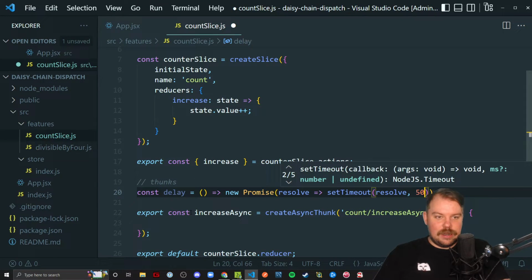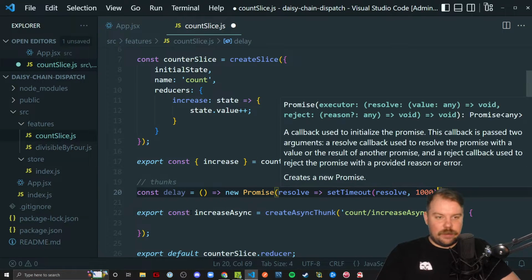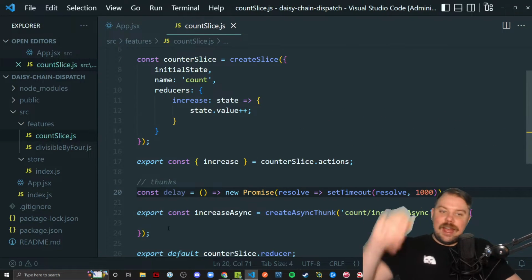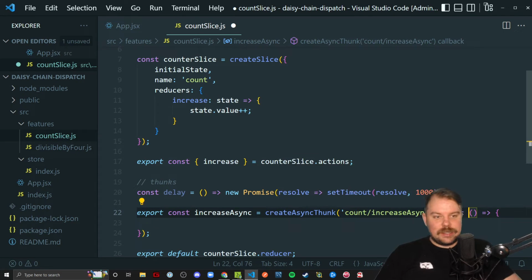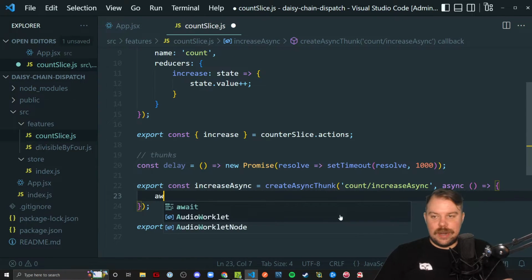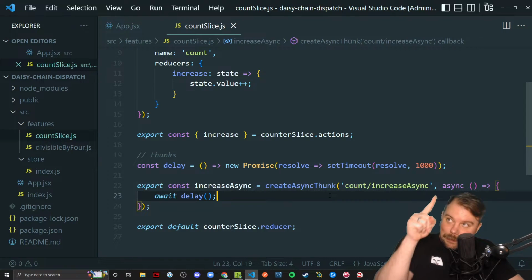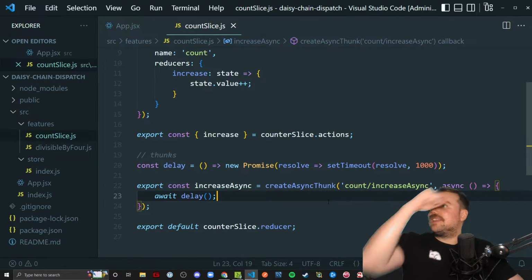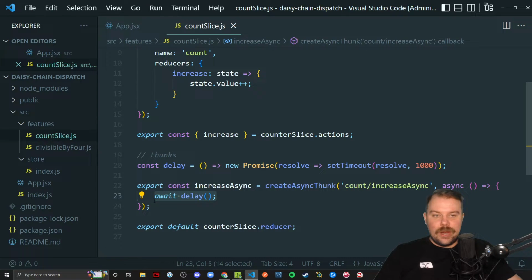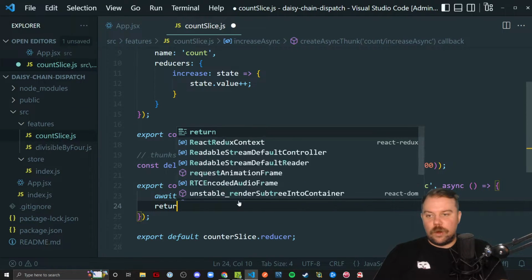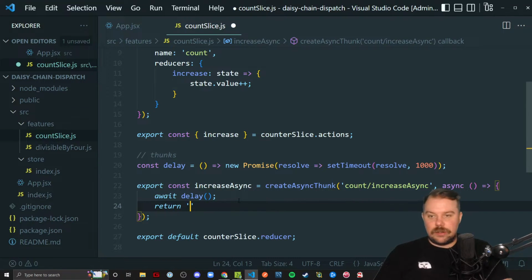Let's do a full second so we can really see this in action here. So I have this little delay function here, and we're gonna make this asynchronous. I should do try, catch, and error handling, but I don't care. I just want to have that nice async keyword above my head here that allows me access to that await keyword, so I can say, hey, wait 1 second on this line before we return something from here. So increase async